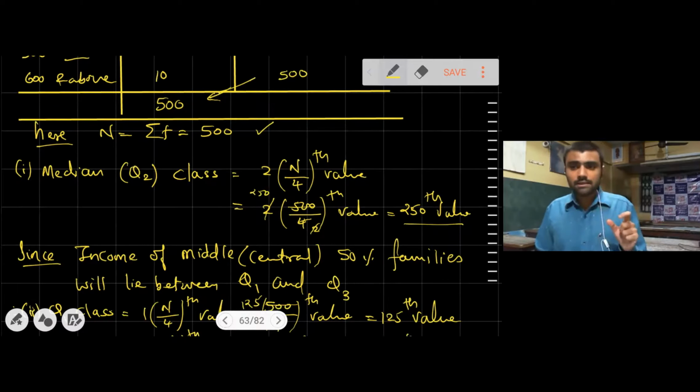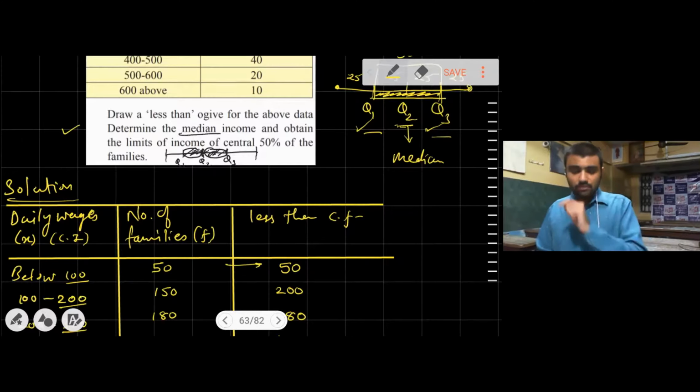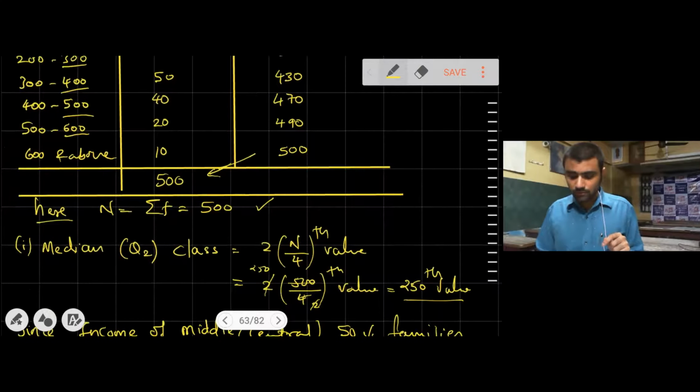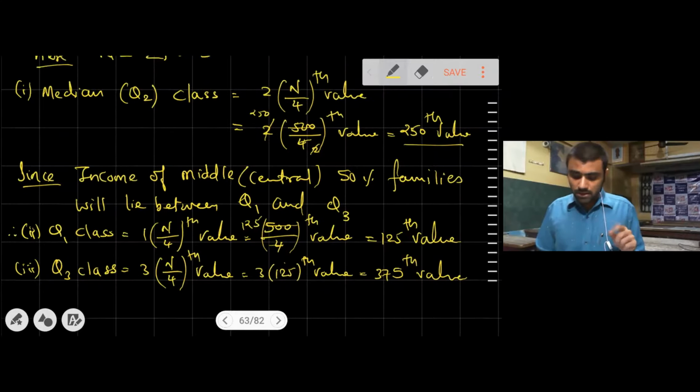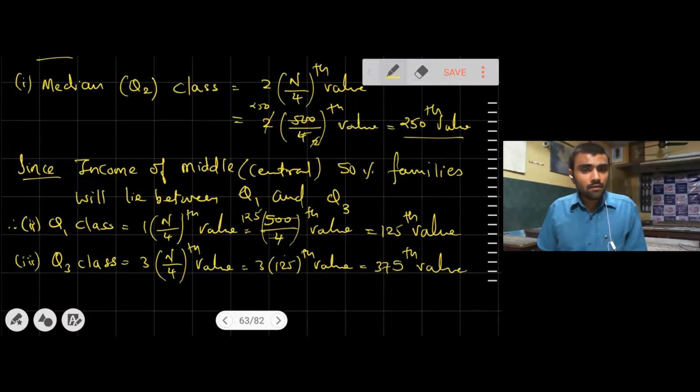we are going to write the statement regarding that limit point of view. The question they asked, the limit of income of central 50% of families, regarding that we are going to note a statement, that is, since income of middle, or you may say central 50% families will lie between Q1 and Q3. Just this one statement we have noted, so that next we can obtain